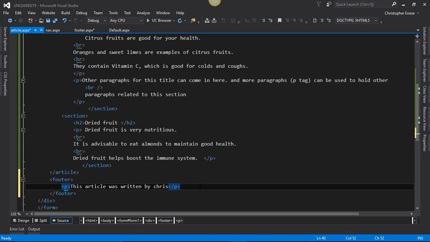Okay, yet still inside the p tag, was written by your name. Yet inside that, after your name, open a tag that will be housed inside the p. And then write